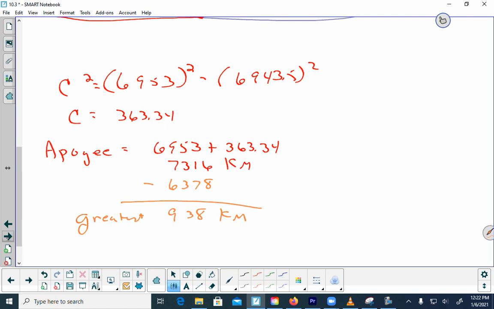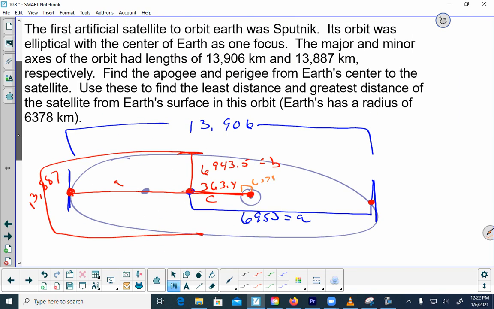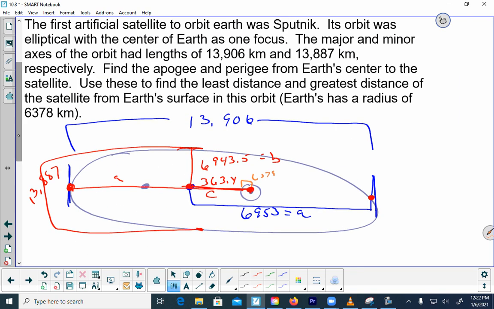Now I'm going to do the same thing, except I'm going to find the shortest distance. So the shortest distance is, here's my A, 6,953. But now I want to subtract this C, which is 363.4. And this is my perigee, I'm sure I'm spelling that wrong. And when I do that, I end up with,